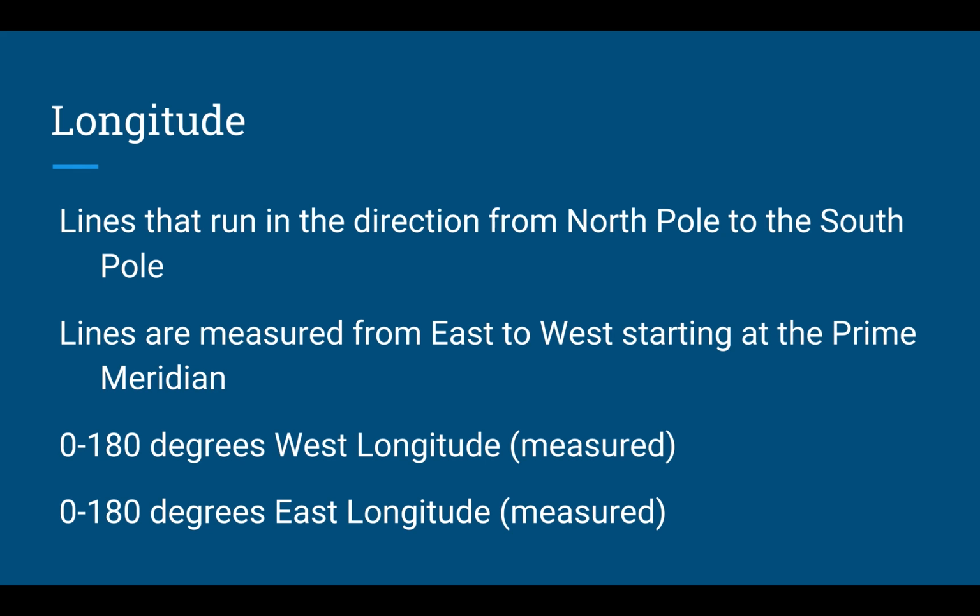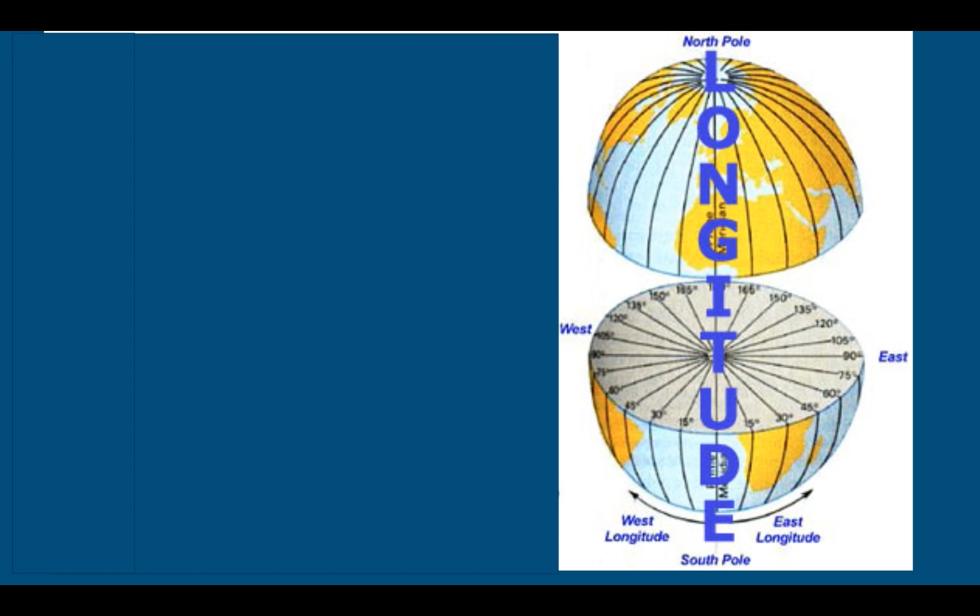And when I go over the example of how to calculate absolute location, it will become very, very easy to understand this. Longitude lines are different than latitude lines. They go from 0 degrees all the way to 180 degrees. So they actually double the number of latitude lines. So once again, here's an example. I want you to draw in, please, 2 or 3 longitude lines to the east of the prime meridian, and then 2 or 3 longitude lines to the west of the prime meridian. And once again, it almost looks like a pumpkin.